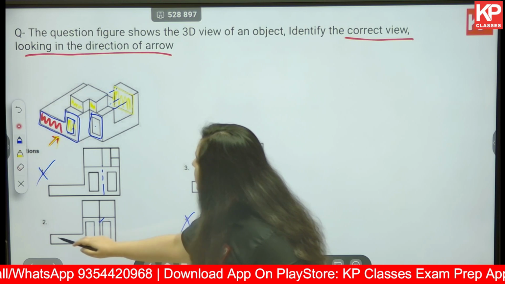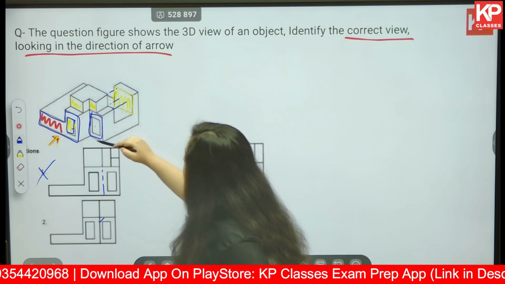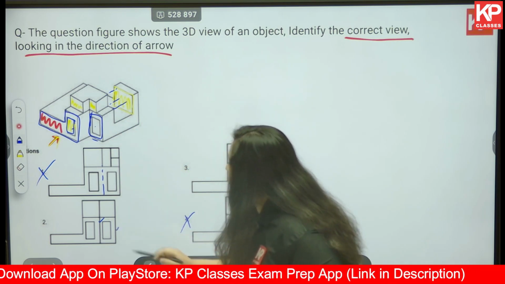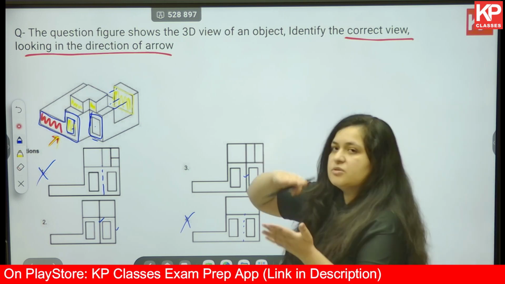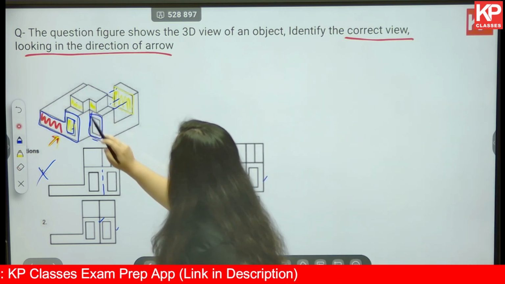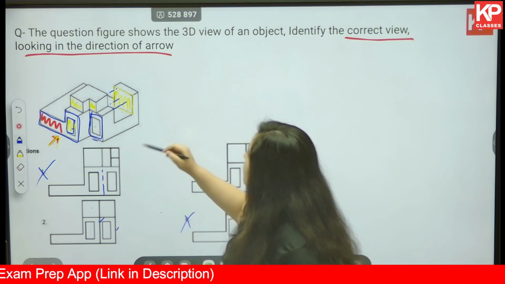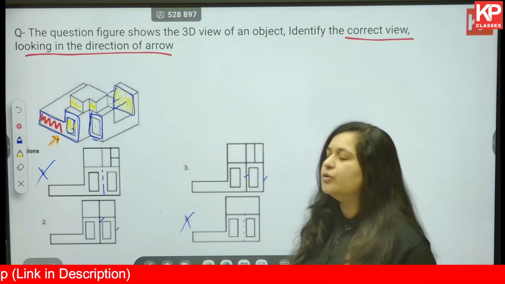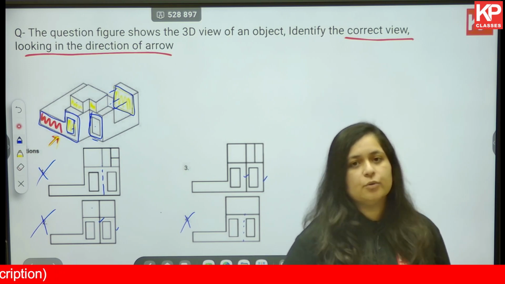Now this particular L shape with a void in between, done. Next, at the bottom you have one rectangle and then again a void in between. Do we have that in option 2? Yes. Do we have that in option 3? Absolutely yes. Now let's move to the upper level here. You have one rectangle, you have another rectangle, but what about this particular rectangle that we are able to see in the view? That is not there, so we can eliminate option number 2 as well.